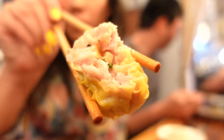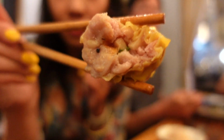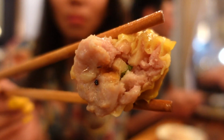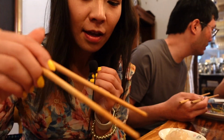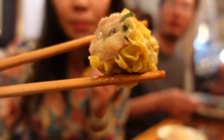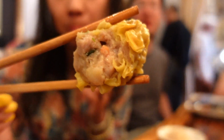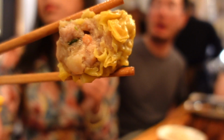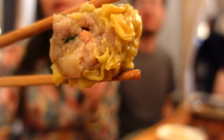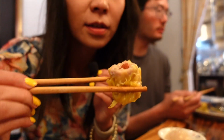Such a good flavor. It's super meaty as well. There we go. Now let's try the pork one. That shumai was a new thing I never heard of. This is pork and shrimp. Well, the birthday girl should definitely have one. I don't know, shumais are one of my favorites, and different places do it differently. Some do pork only, some do pork and shrimp, but I would say the chicken one is actually way beyond my